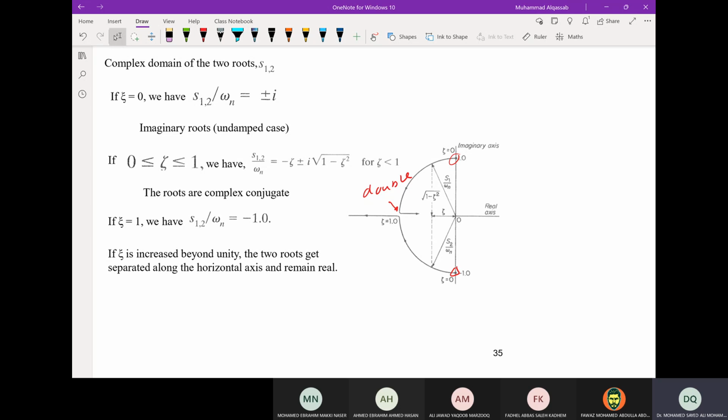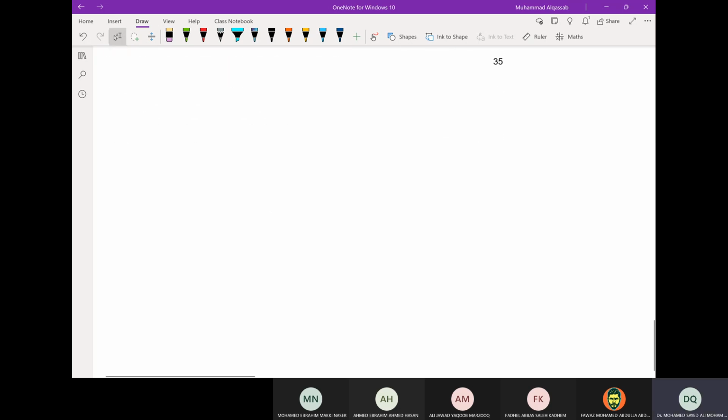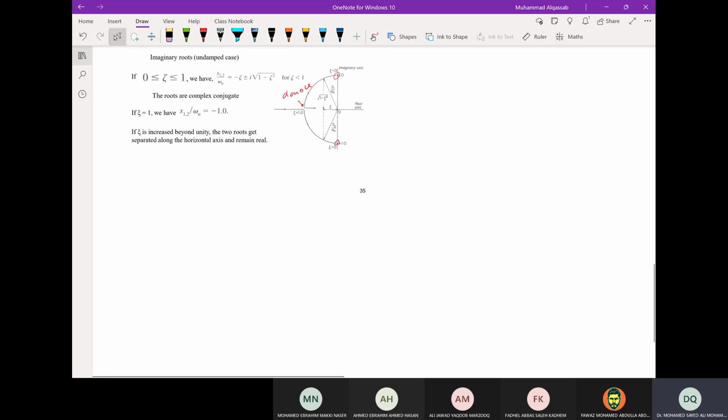Okay, it depends on the value of the initial conditions also, but mainly there will be no oscillations for overdamped. Okay, so let's move to lecture 12,